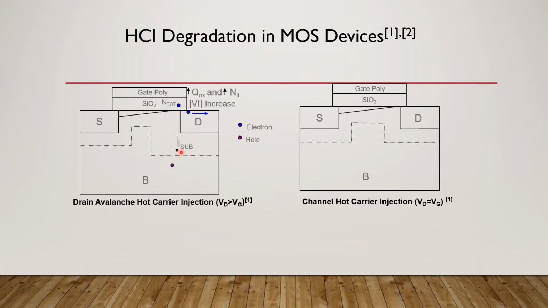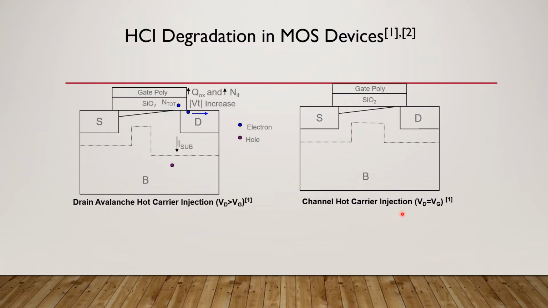Also, typically if you plot I sub versus Vg, you will get a bell-shaped curve. That is, at a particular Vg you will get a peak, and this is unlike PMOS devices wherein you almost get a very less substrate current. And so substrate current for PMOS devices is not an indicator of HCI, whereas definitely it is an indicator of HCI for NMOS devices. All right. So this is basically, in short, drain avalanche hot carrier injection.